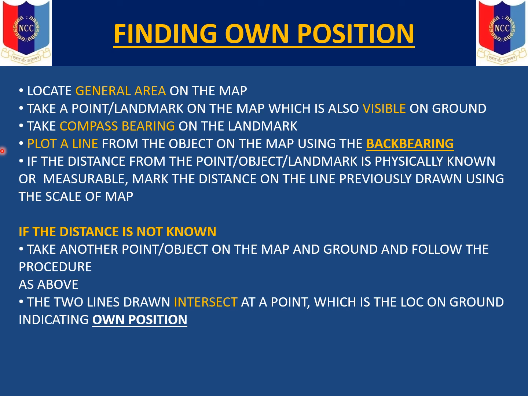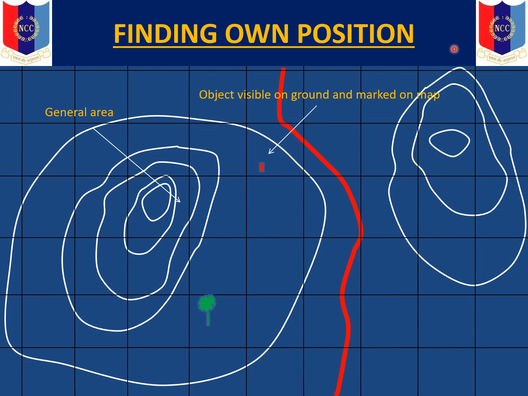Let us understand this using figures. Let us assume that this is a topo sheet. These black lines are the grid lines, the northings and the eastings. And say for example, you know you are generally placed here. You are standing here. You've probably come from this road, got down here, walked up the gentle slope here, and you are somewhere near the top.